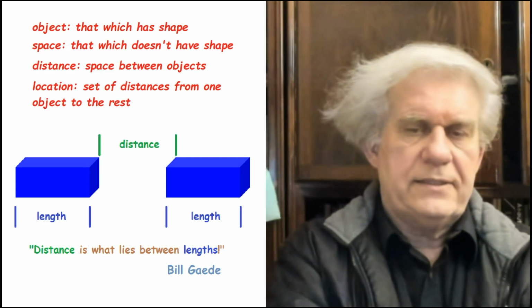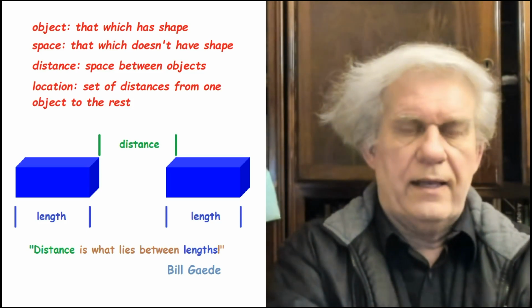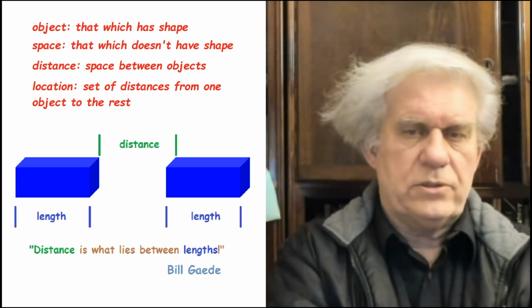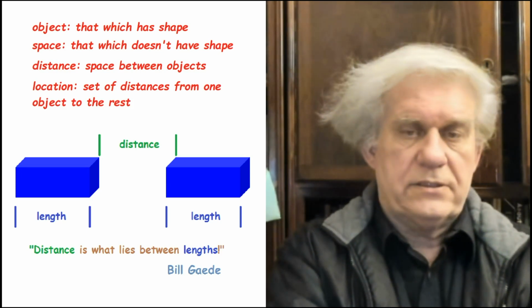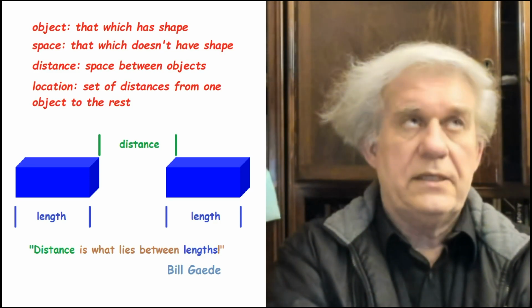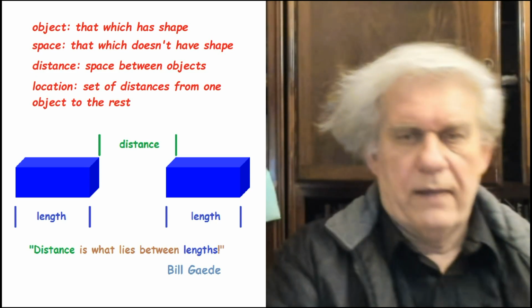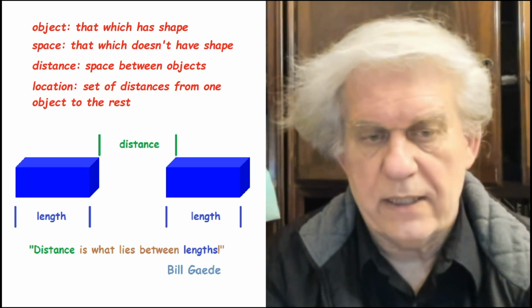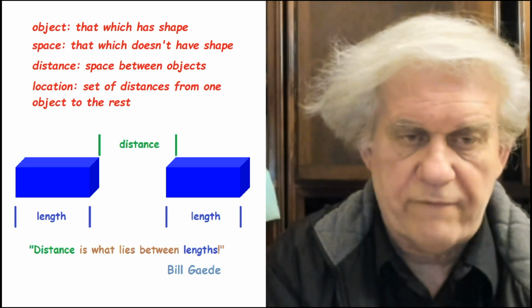Length and distance are not synonyms in science, in physics. Length is what an object has, which is continuous matter from one end to the other of an object, and distance is what stands between two objects. They're not even remotely the same concepts. So distance and length are not synonyms. Not in science. In mathematical physics, they are. And that's why they run into trouble, because they don't understand the difference between length and distance. And the reason for that is that they don't use either one of those concepts.